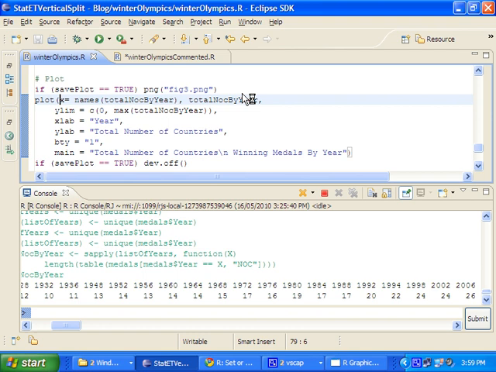And this shows a slightly different notation to what I've used before. Instead of using the formula notation here, I'm using x and y notation. So I'm saying the x variable, the x-axis, will be the names of the vector, the years, and the y-axis values will come from the values, i.e. the counts of number of countries.